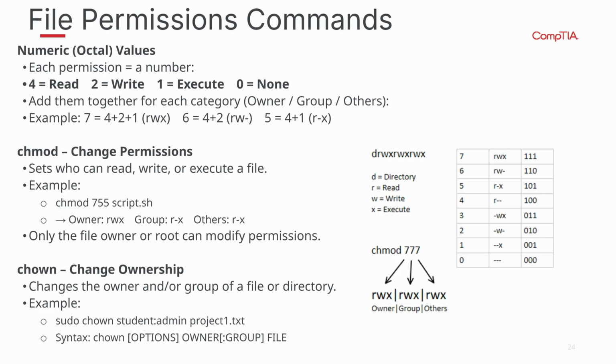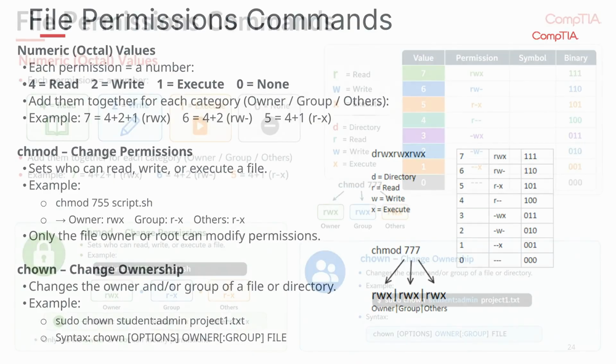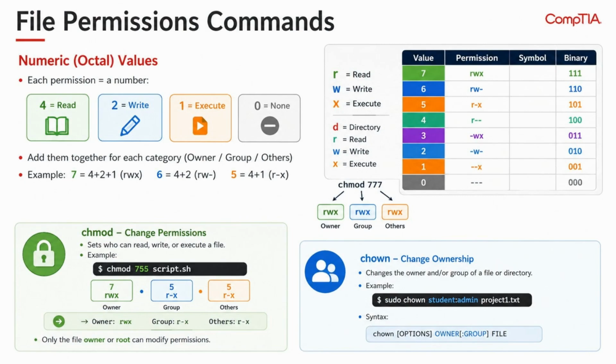chmod changes permissions. chmod 755 script.sh sets owner to rwx, and group and others to r-x. Only the owner or root can modify permissions. Chown changes ownership. Sudo chown student:admin project1.txt, following the syntax chown